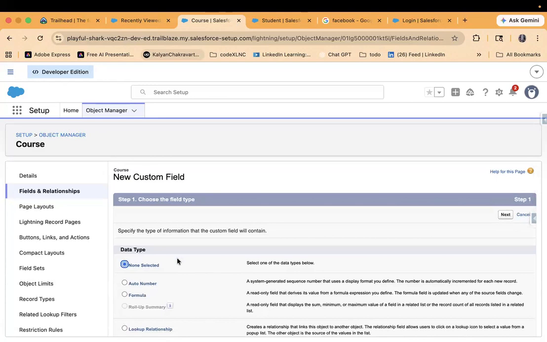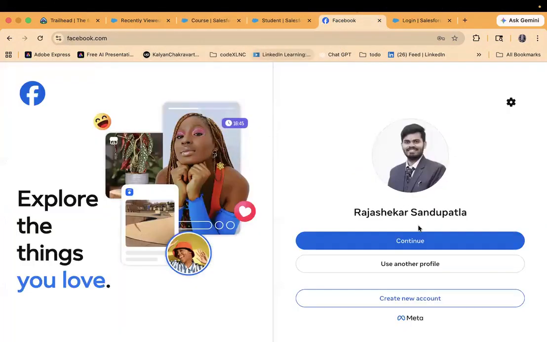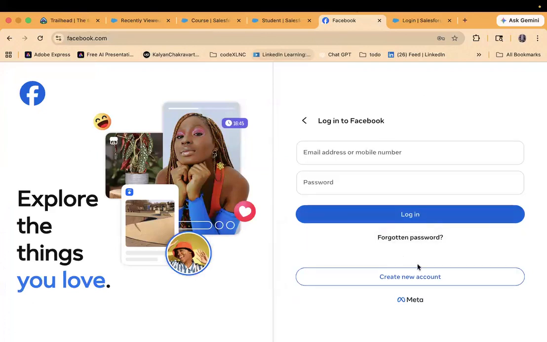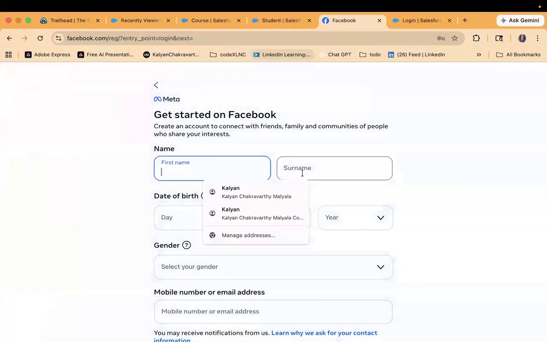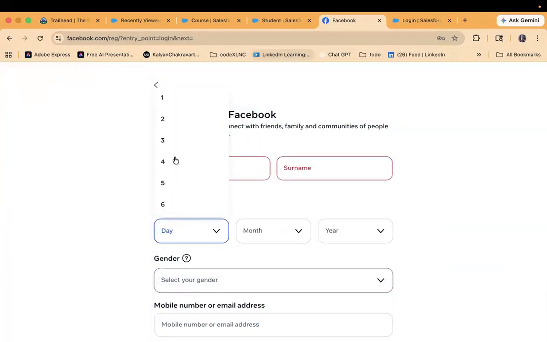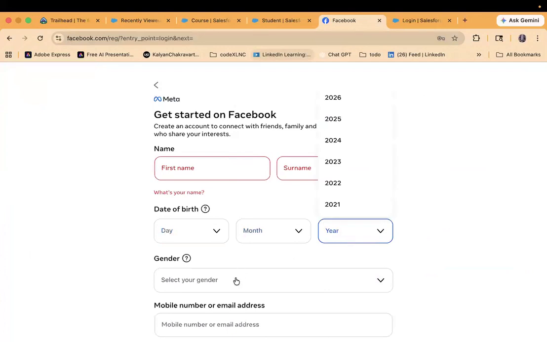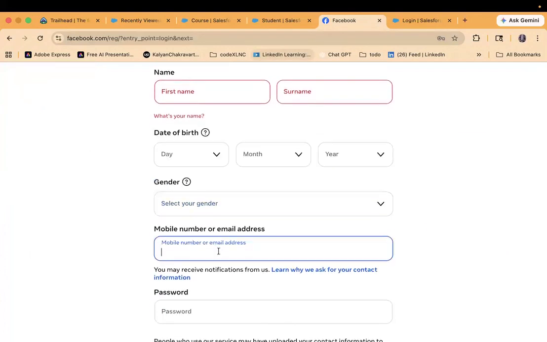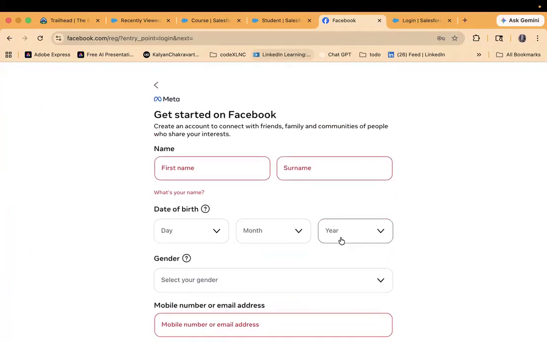If you are filling any Facebook sign up page, what does it show? Let me show you. Create the account. This is an input text field. This is also a text field. This is a pick list, you have to pick it from the drop down. This is also from the drop down. You have to enter your mail. This is a password. Like this, for every field,